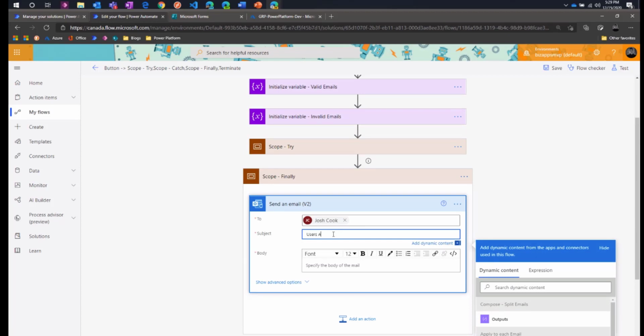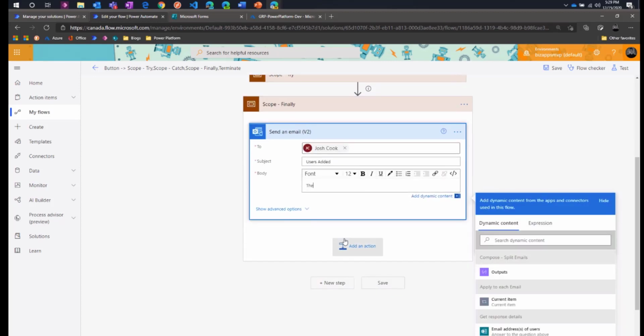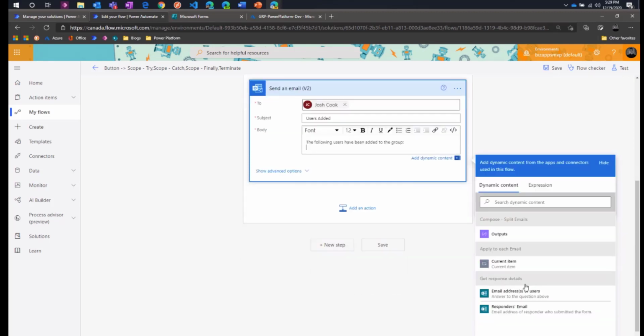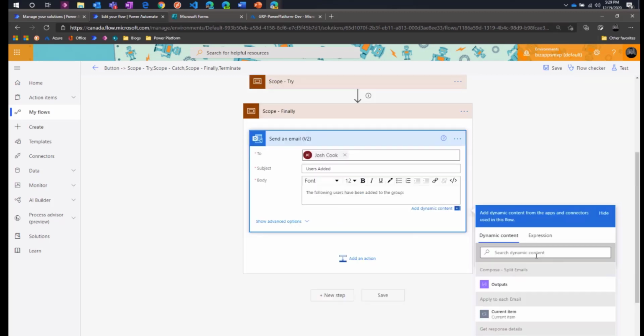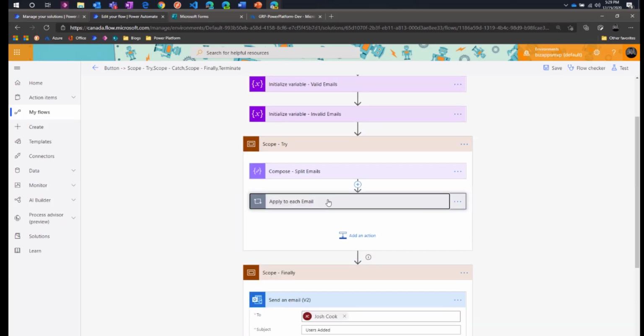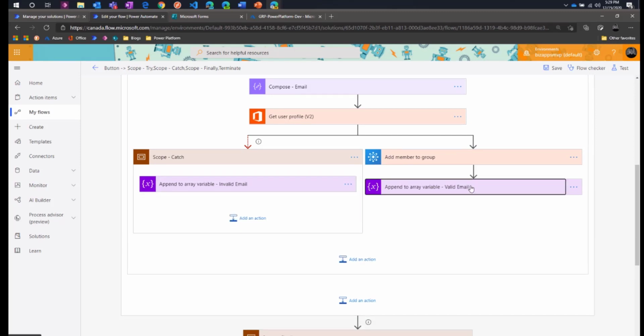users. Okay, so the following users have been added to the group. Now I'm going to pass in append